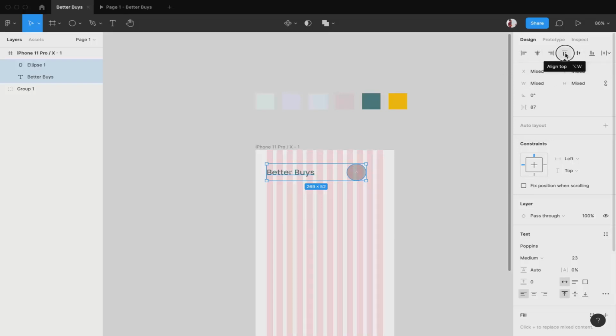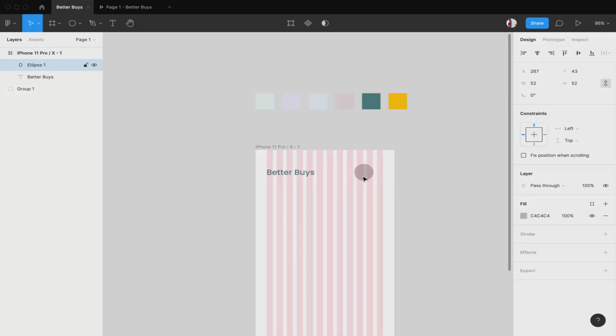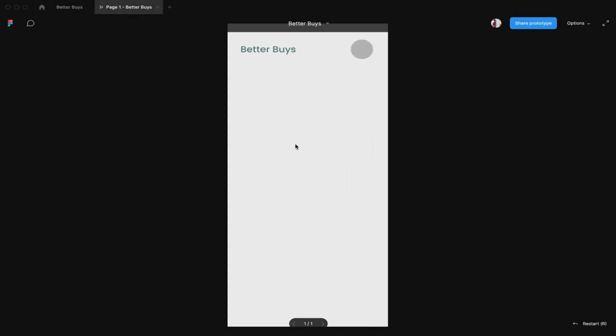If I click on this, then they all will be aligned with the top as uniform. If I click on this, then they will be aligned as bottom uniform, and if I do this, then center as uniform. Okay, so now since that is done, I'll move the circle to the right. So for that you just need to select it and click on the right button, and if you want to take bigger leaps, you click on shift and right button. So I hope I am making sense.